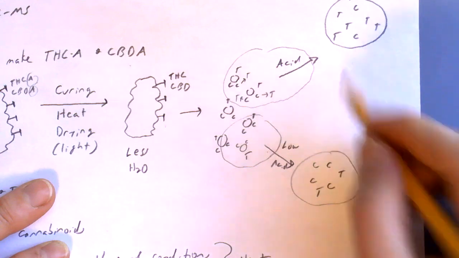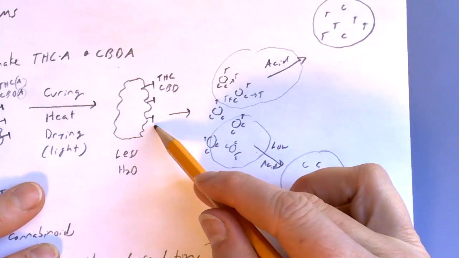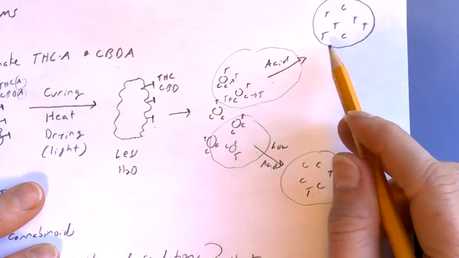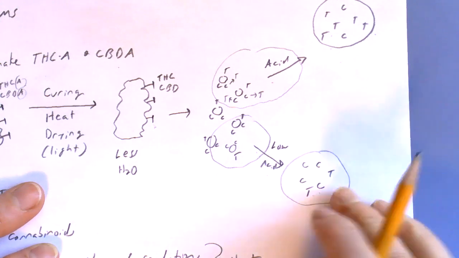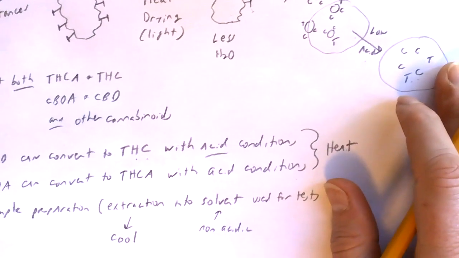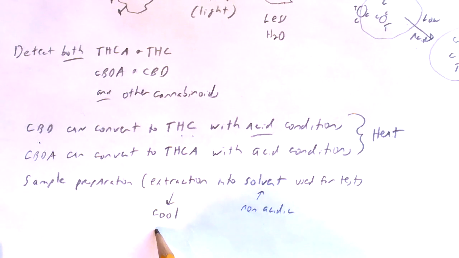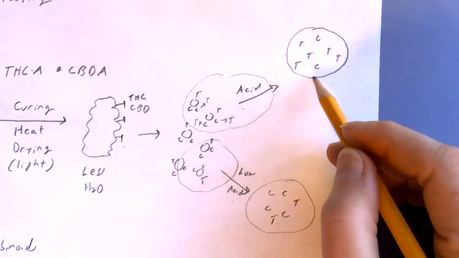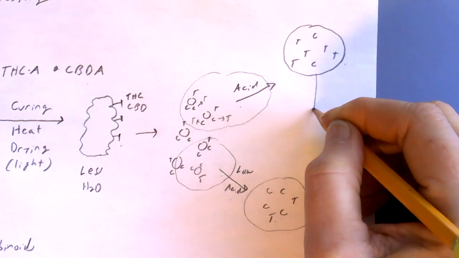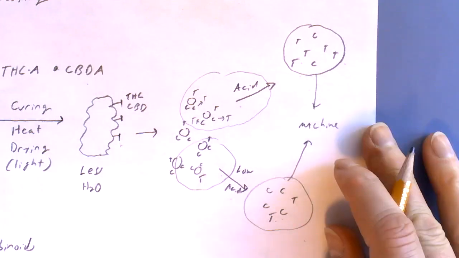This sample looks like it's very high in THC. This sample looks like it's much lower in THC, but really they came from the same plant. It was just that the extraction had more acid in it or the extraction had less acid in it, right? So when you do the sample testing, super important to make sure you have non-acidic conditions and cool conditions when you are making your extraction into the solvent. So a little bit more about the extraction, just so you can think about how that goes for both cannabinoids